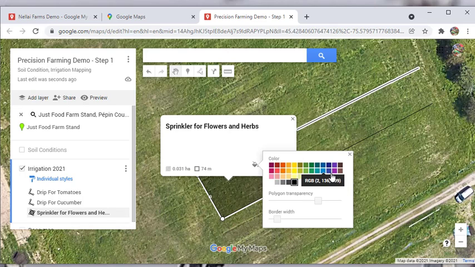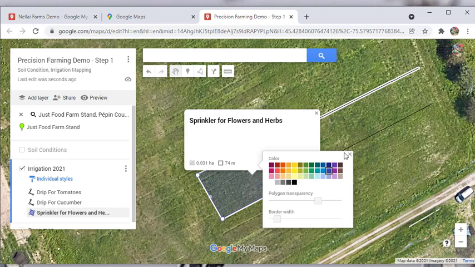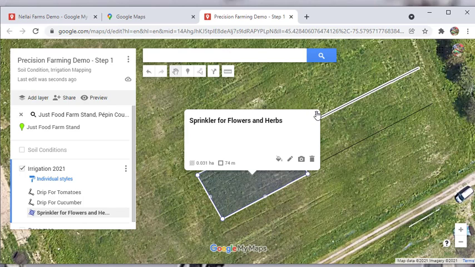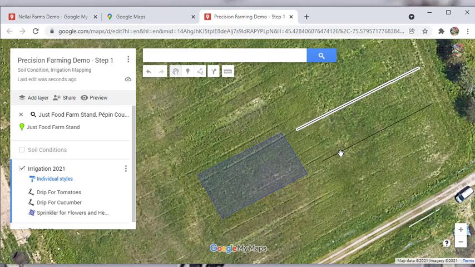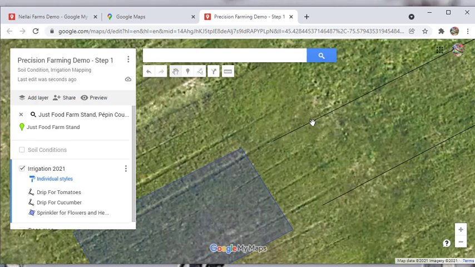So maybe a little more water, more wet here. So it can be more blue, and this can be in a lighter green color. You can take it and edit it. So this is irrigation mapping.